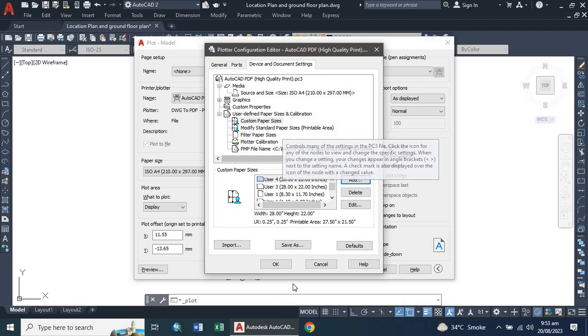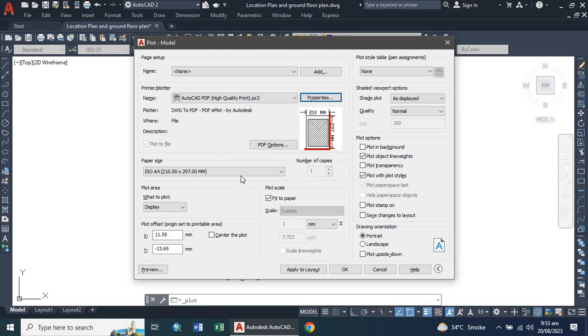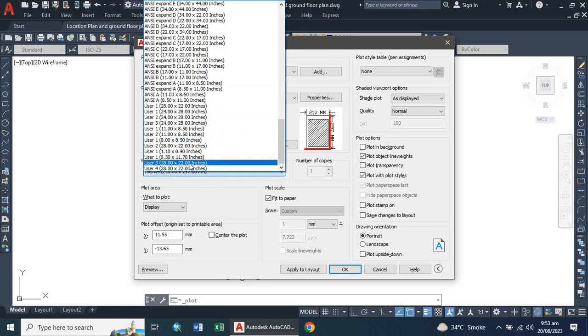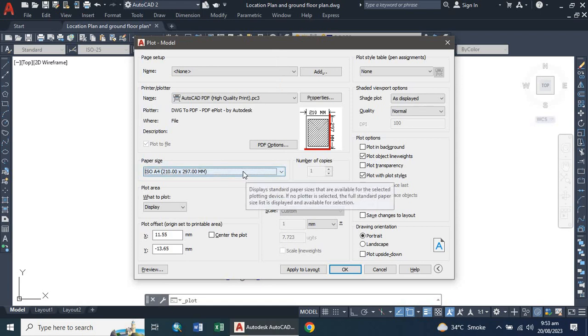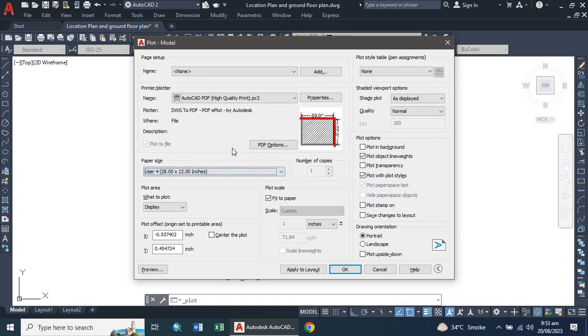Once I finish that paper size, I click OK. You can see I already have many sizes, like 20 by 28 by 22. The recent one we have created is this one, as you can see. So we are going with this. First of all, we have created it, and now we are selecting our created page. One thing you have to do if you want to increase the quality of your image: after these two options, you will go to Custom, and now you can change your DPI to 2000 or something else. For example, I am going to say it will be 2000, and also,